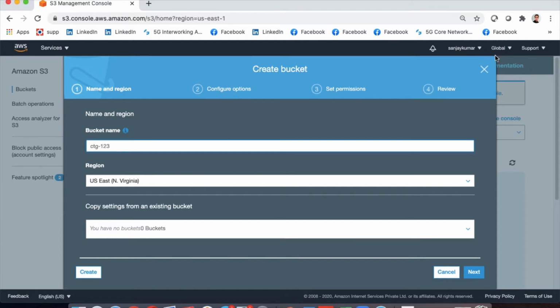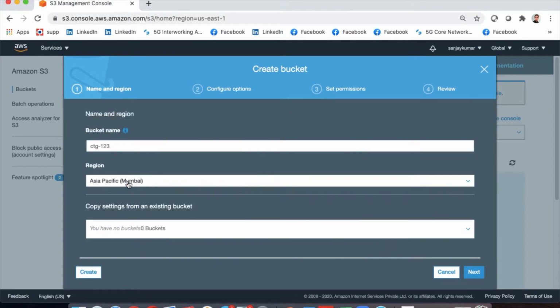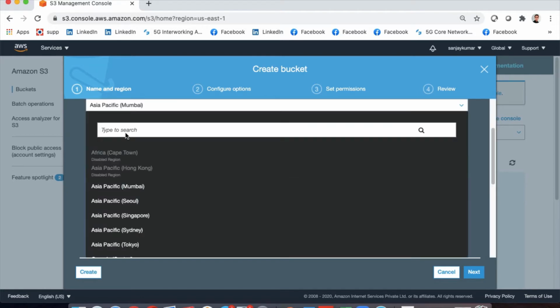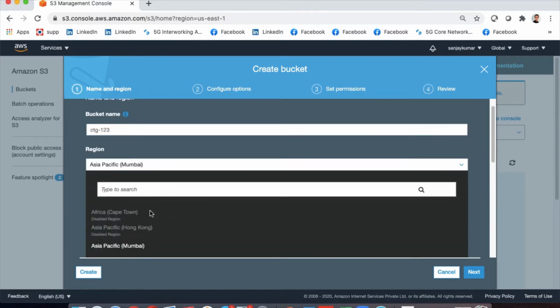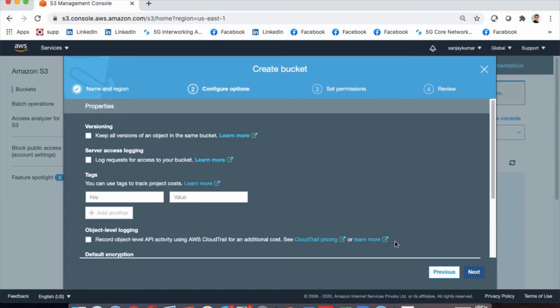However, S3 is a global service. We will understand what we mean by that. But the buckets are actually stored in some of the regions. So either I can go for US East, which is Northern Virginia region, or I can go with Asia Pacific Mumbai region. Depending on the region, they will have one particular URL which will be slightly different from one region to another region, which we'll discuss later. As of now, I will just go with US East, Northern Virginia region. So let's move forward. What is next?